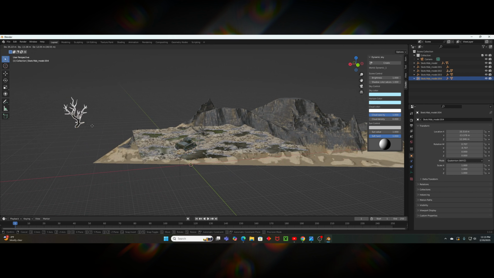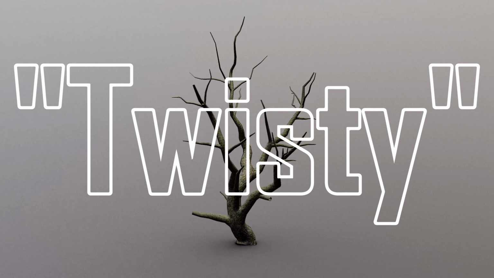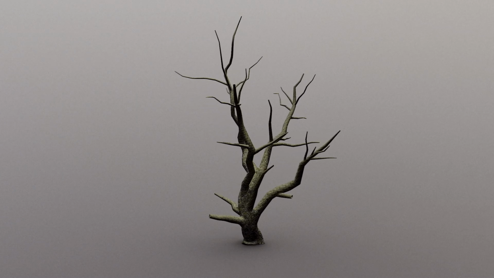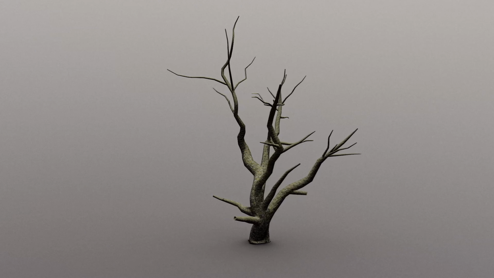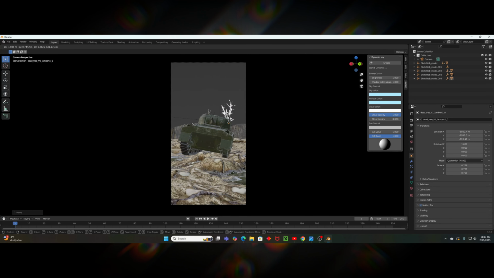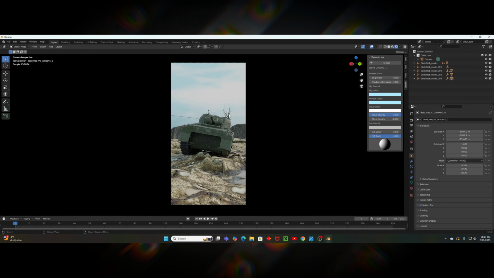I then brought in this little dead tree, and I'm calling him Twisty because of the bend in the trunk and his various branches going off in different directions. And I aligned him to his appropriate area. In hindsight, I wish I had actually brought the tree closer in frame, as it would have looked more imposing